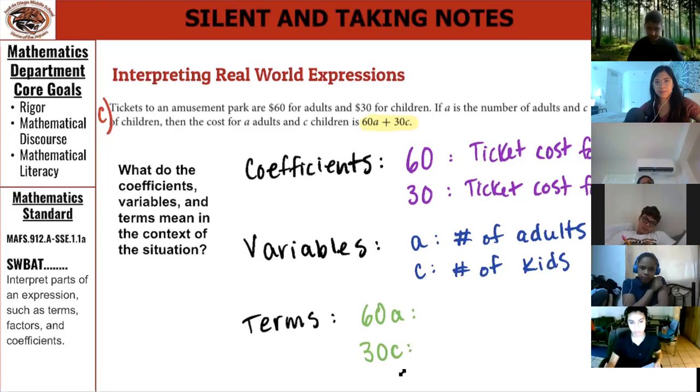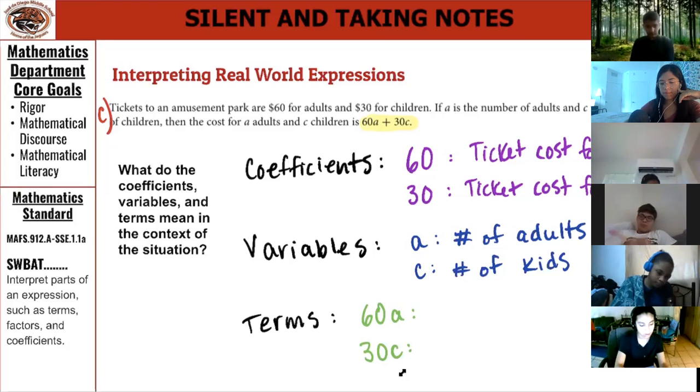Think about it for a second. The 60 shows the tickets for the adults, and then plus the A's for the number of adults. So it's basically saying, what is the cost of the tickets for the number of adults? You got it. Exactly. So if you're paying $60 for each adult that went to the amusement park, then putting